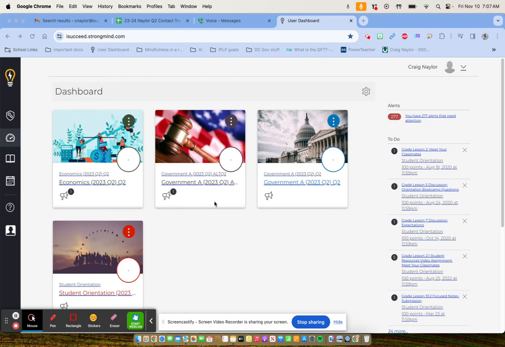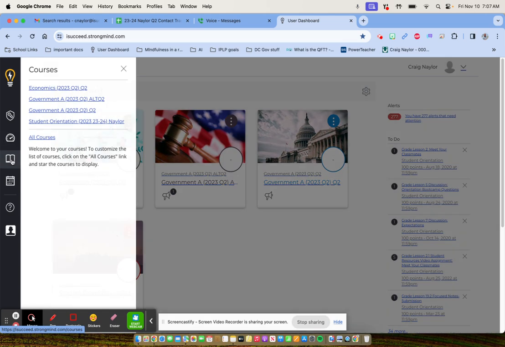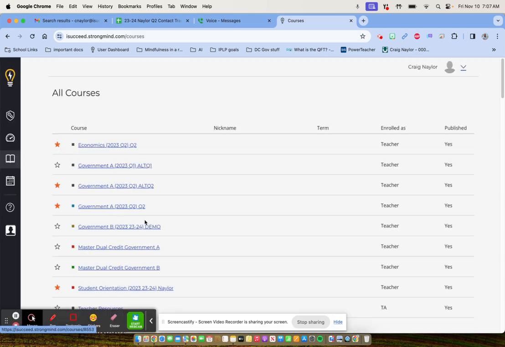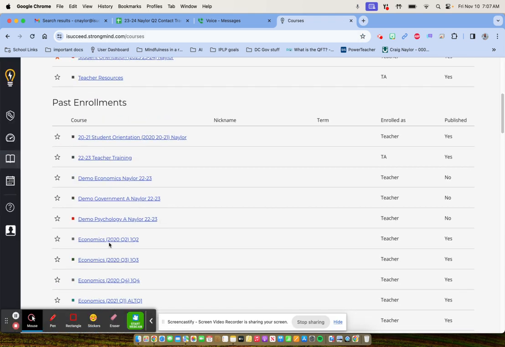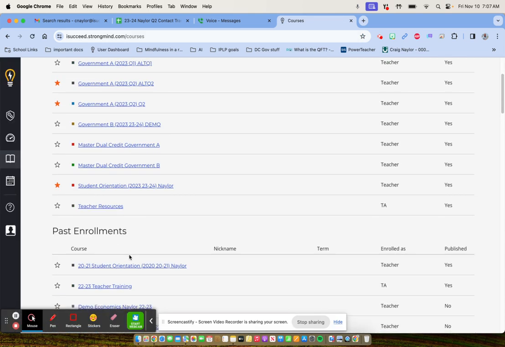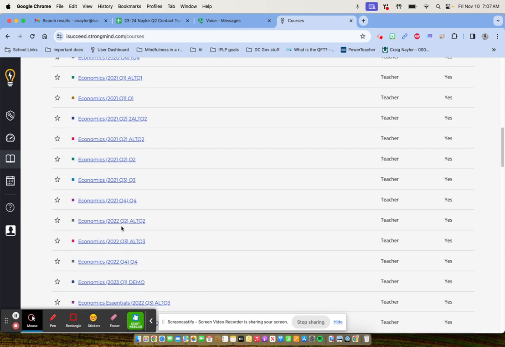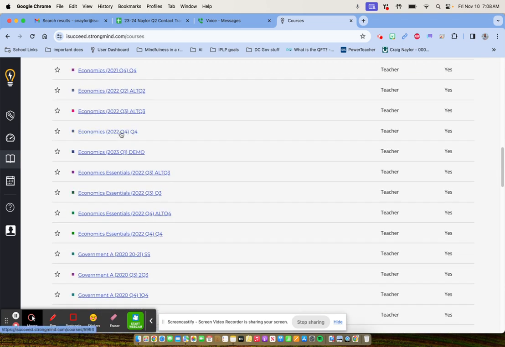All right, for doing extended enrollment, this is the process. So you're going to find the class that the student was in that you want to re-enroll them. So it's not going to be one of my this quarter classes. So say this particular student was in, oh, I don't know, this quarter 4 econ, something like that. And what I need to do is open that class up,